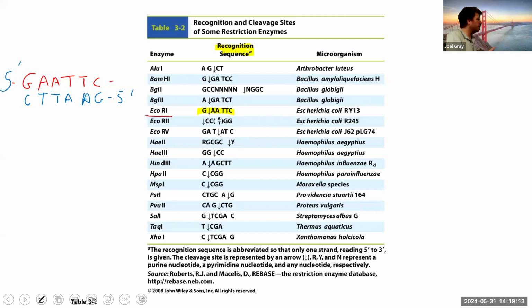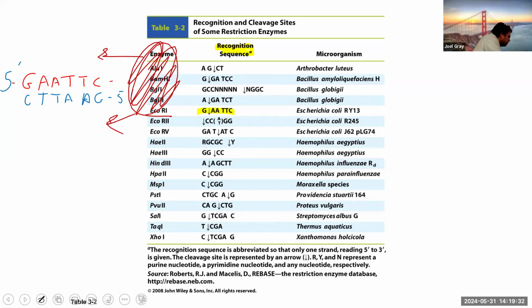EcoR1. I always visualize an enzyme as like this blob. This blob is going to jump on a piece of double-stranded DNA, and it's going to be looking at the sequence, going in this direction. It's going to be just kind of looking in those major and minor grooves. And what this EcoR1 is going to do is it's going to have a restriction sequence that it